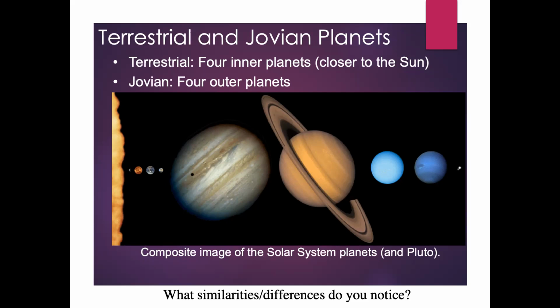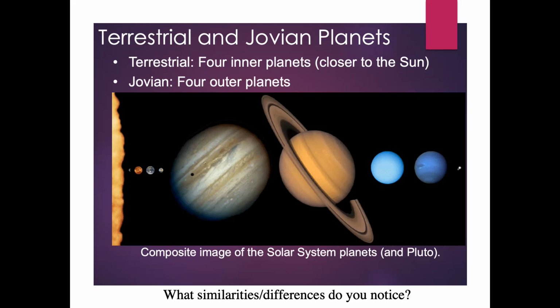The Jovian ones are clearly bigger, but only two are kind of similar in size, whereas the other two are similar in size, but compared to the half of them are different. So if you're just saying here's how the terrestrial planets are different than the Jovian planets, what would